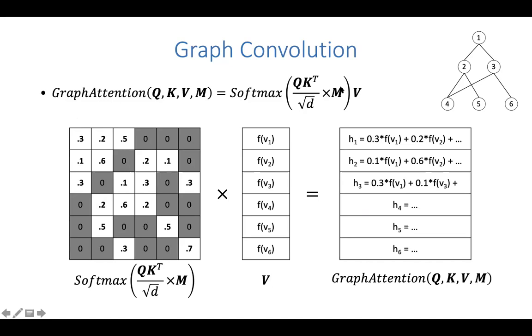We can prepare a masked matrix filled with 1s and negative infinities, and then multiply that to QK transpose, and then apply softmax to arrive at this matrix here. So the rows would sum to 1, and only the nodes that are connected to each other are assigned non-zero probability, and the specific values of the probability